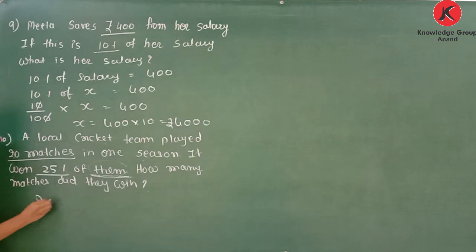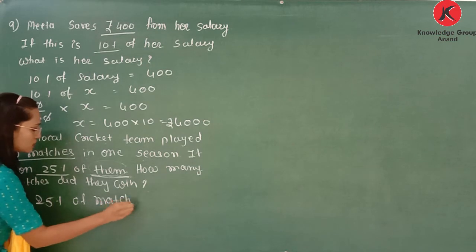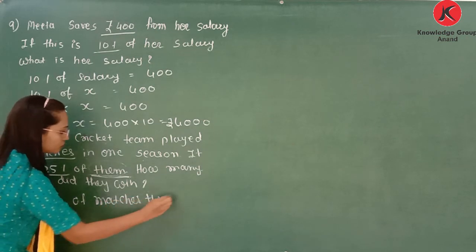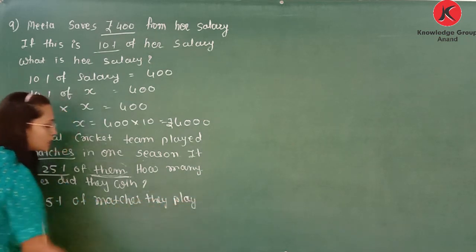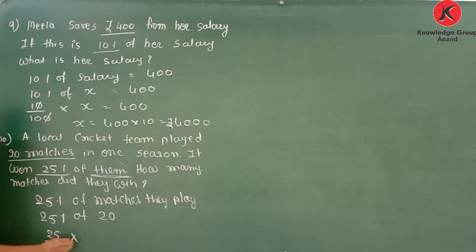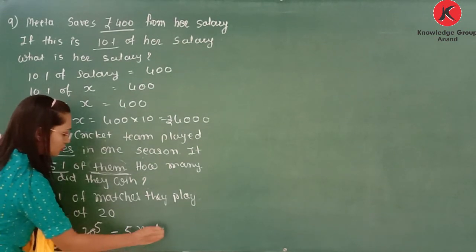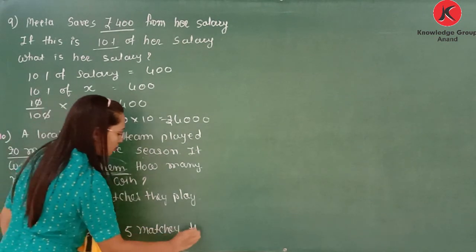So we can write 25% of matches they play gives the number of winning matches. So 25% of 20 matches they play. Now 25 by 100 of means multiplication, 20. 25 4s are 100. 4 5s are 20. So 5 matches they